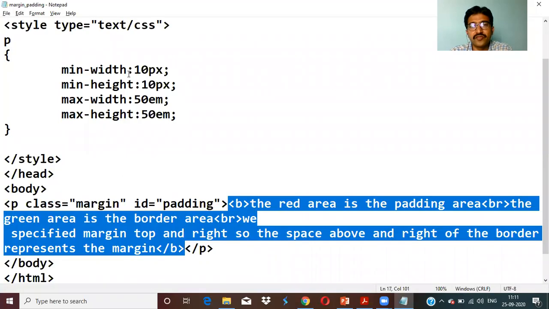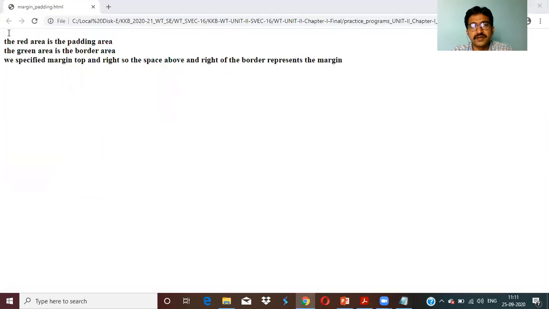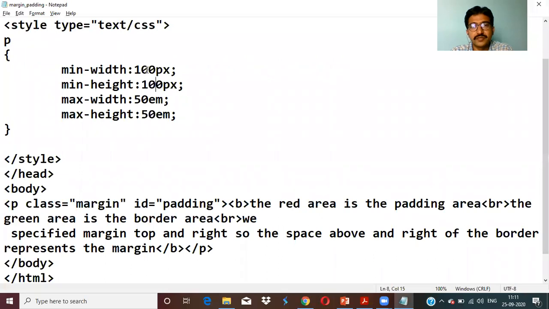And now width and height you are giving as only 10. If you just increase this to 100 height and 100, it doesn't give much difference, because the minimum height is being compared with a maximum height. So what I can do here is increase it to 100 em and 100.